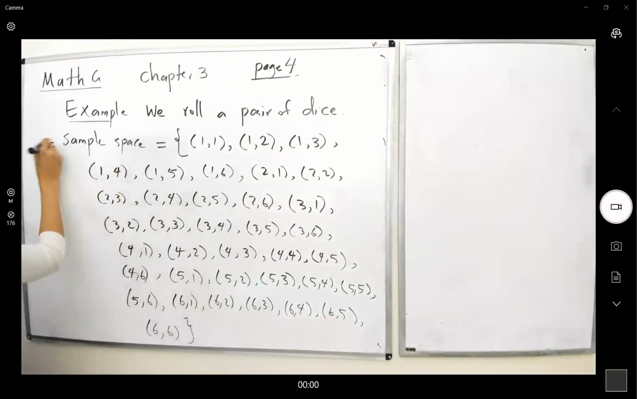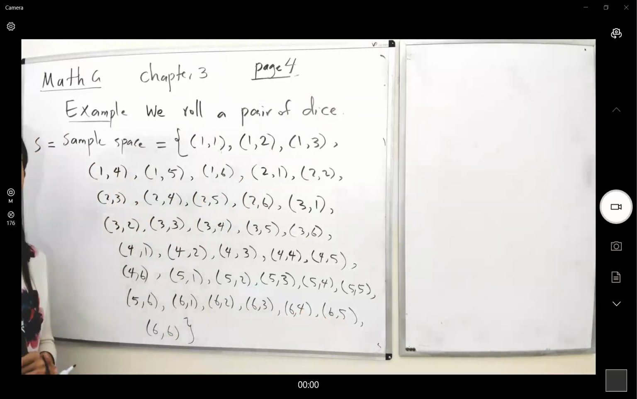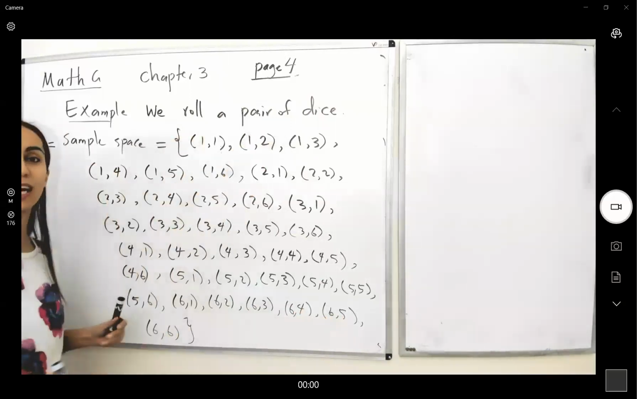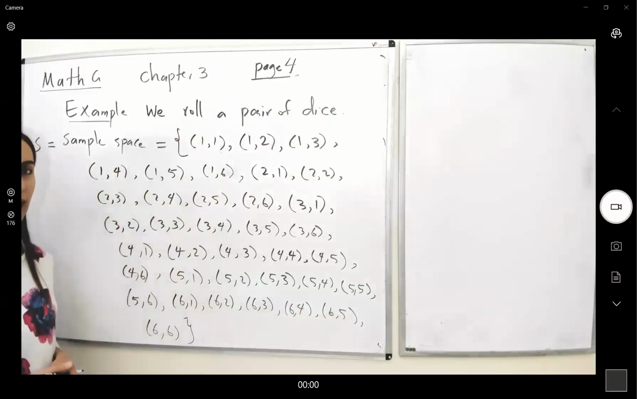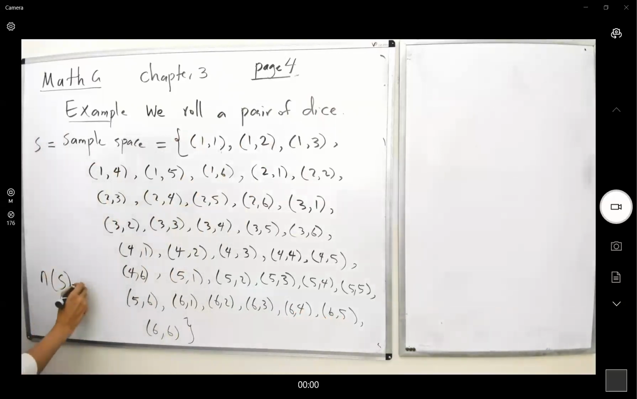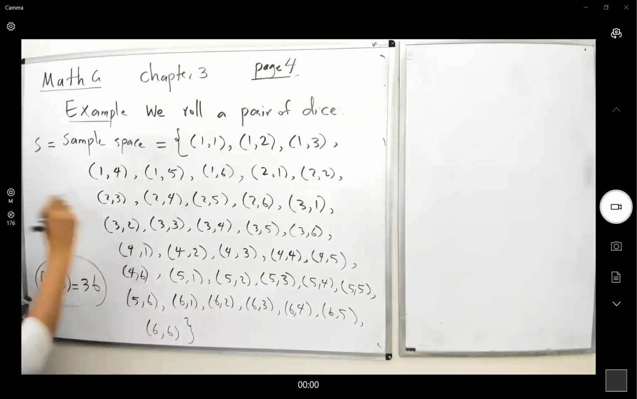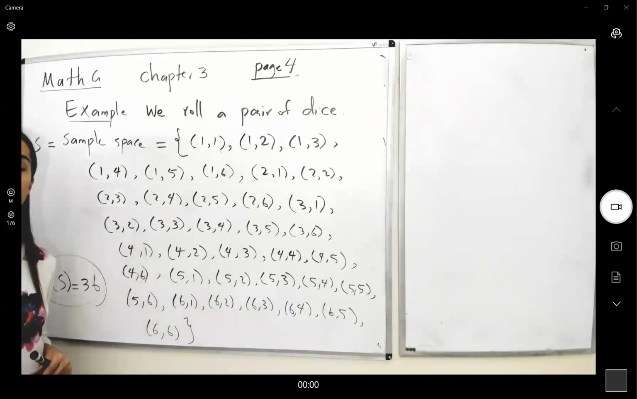What is the cardinality of your sample space? How many pairs do you have? You actually have 36 pairs. So N of S is 36. Very well. So what's the question asking? The question says,